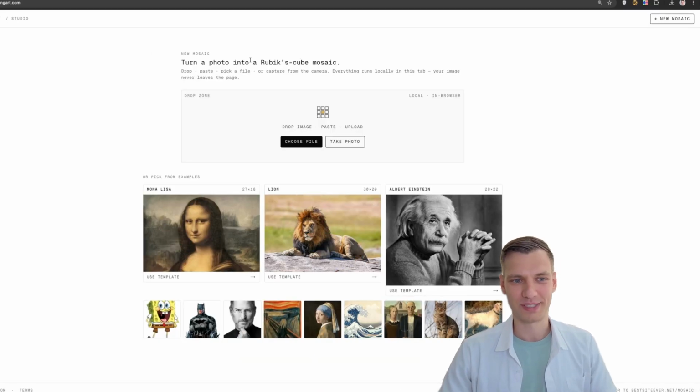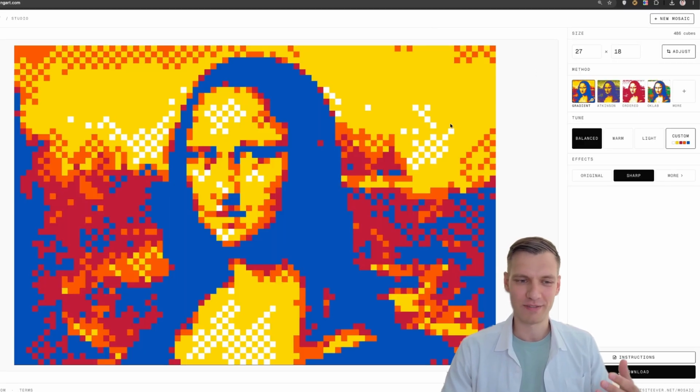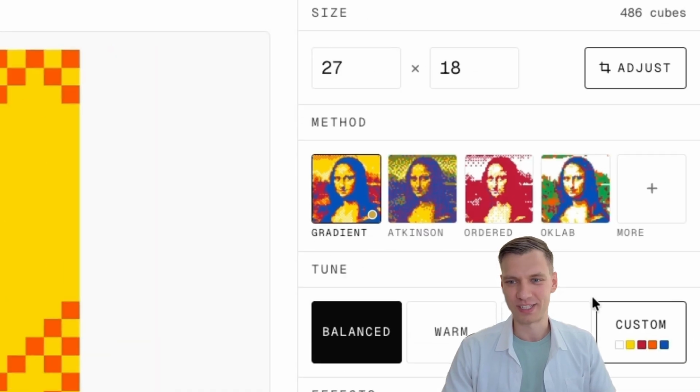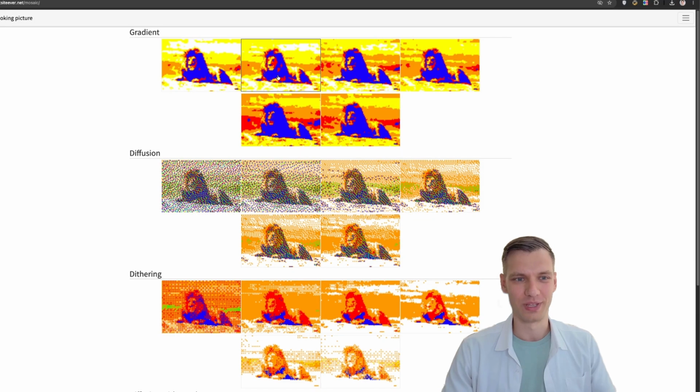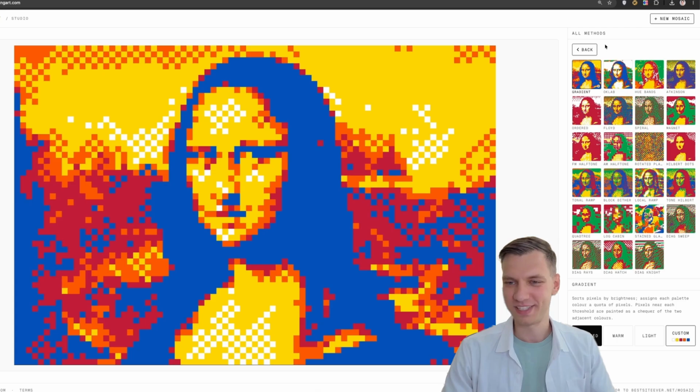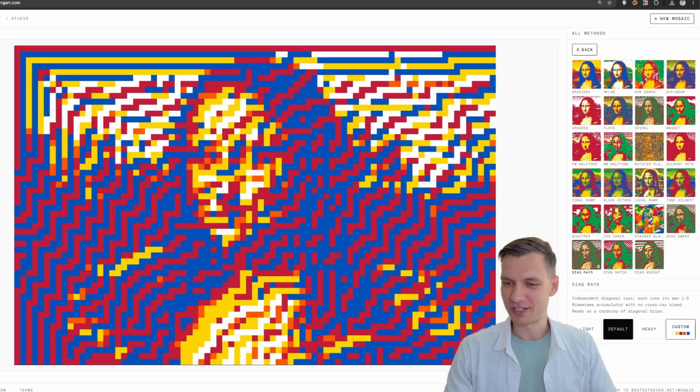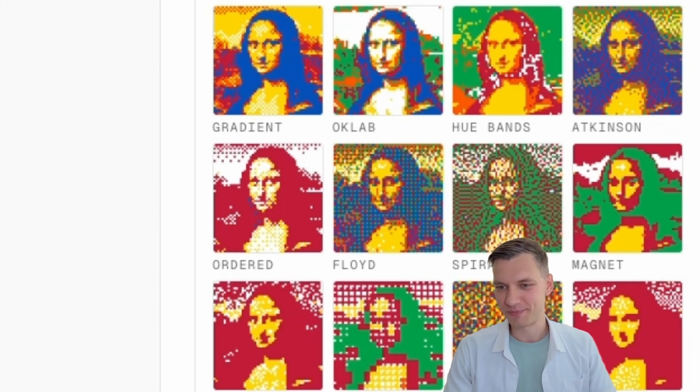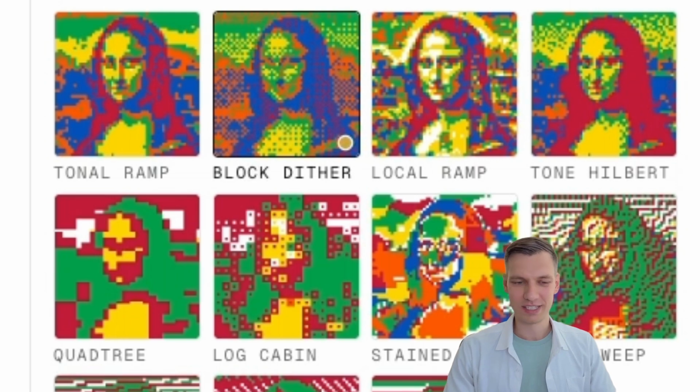But Cubing Art Studio tries to give you the best version of the mosaic from the first shot, while you can still adjust it and tune it in a very different way from what you used to do in Best Site Ever's mosaic. This thing has tens of methods, and I will add more. Some of these methods are not very useful, but the reason I'm keeping them is because in the next version,